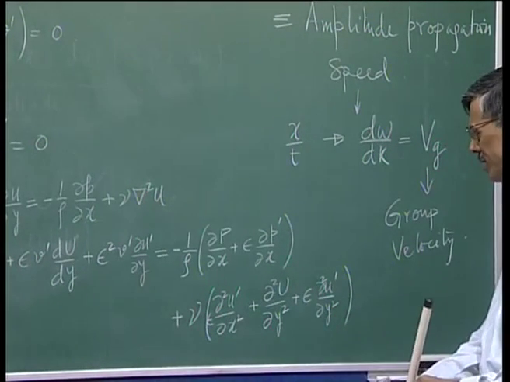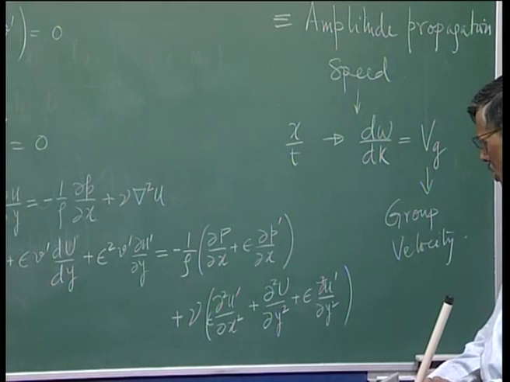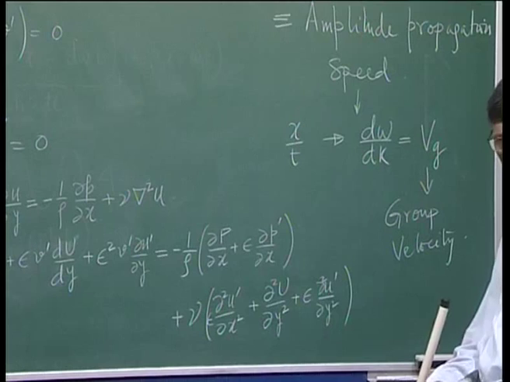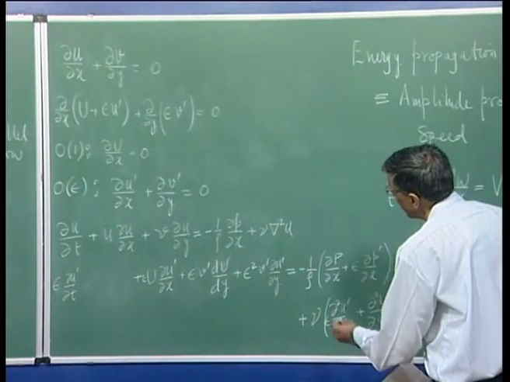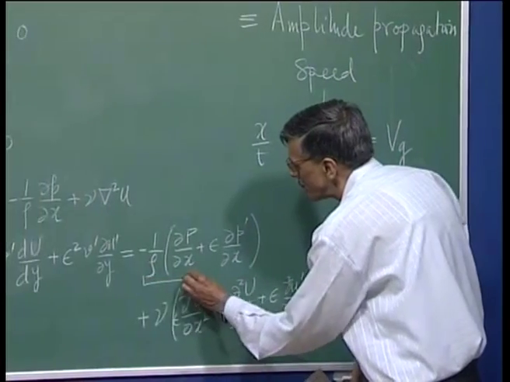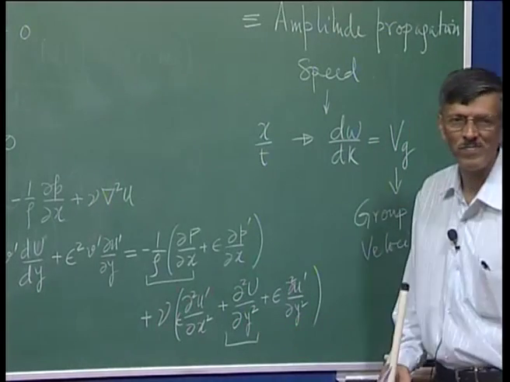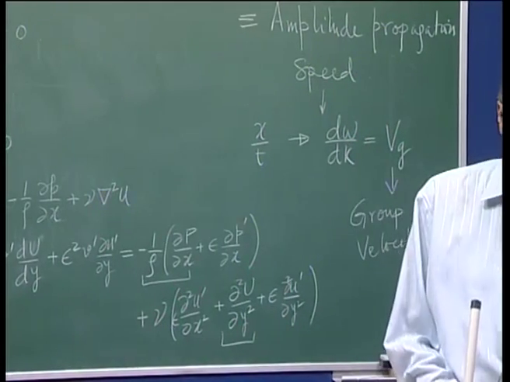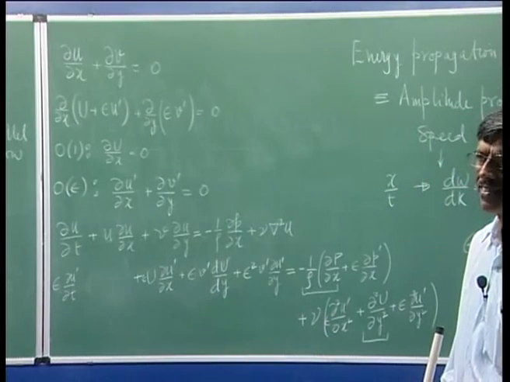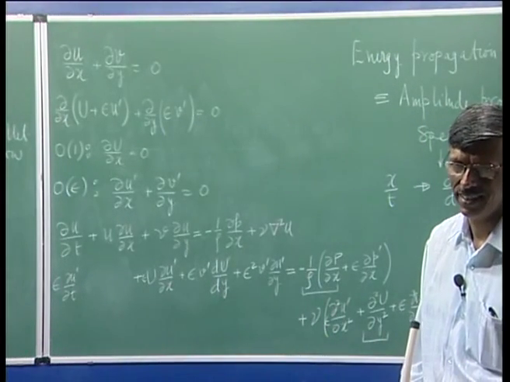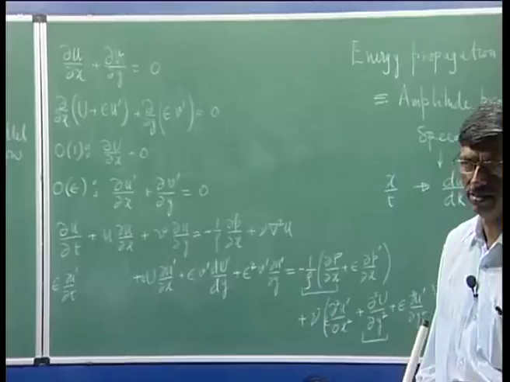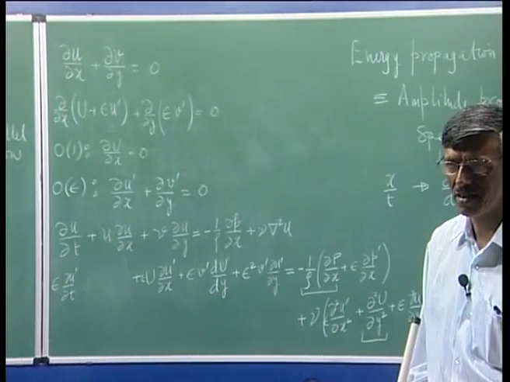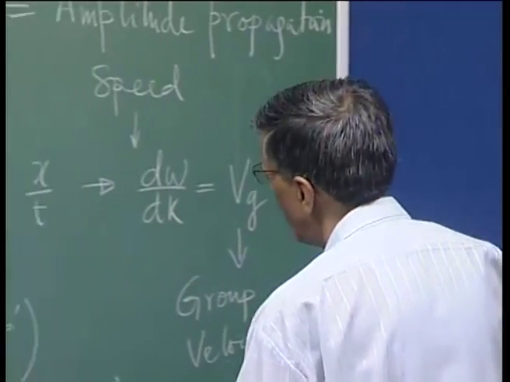Now see what we are doing. We are of course looking at order 1 quantity, right? So what happens? The order 1 quantities are here and here, right? So what does it tell you? This is like your channel flow equation. You need a pressure gradient to overcome the viscous resistance, right? The pipe flow, channel flow. You have to spend some energy to make the flow be there, and that is what these two terms balance